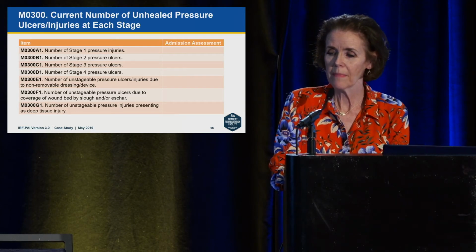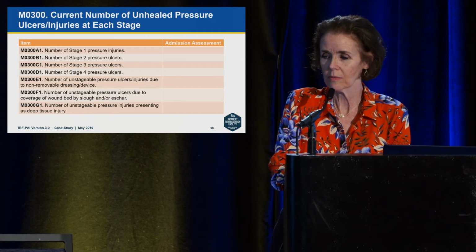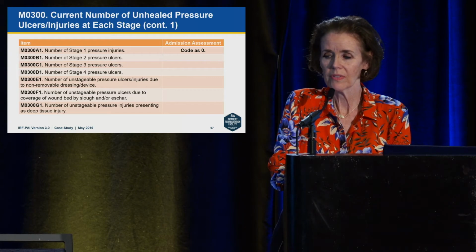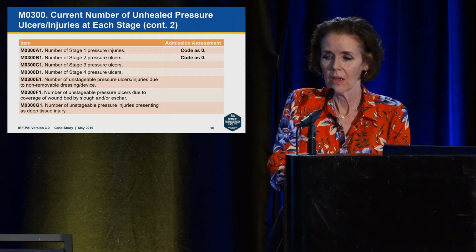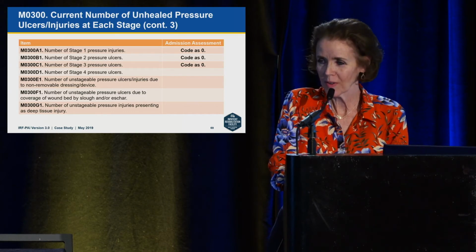So for M0300A1, the number of stage 1 pressure ulcers, the correct response is 0. For the number of stage 2 pressure ulcers, the correct response is 0. For the number of stage 3 pressure ulcers, the correct response is 0. For the number of stage 4 pressure ulcers, the correct response, oh, look at them holding up their finger, is